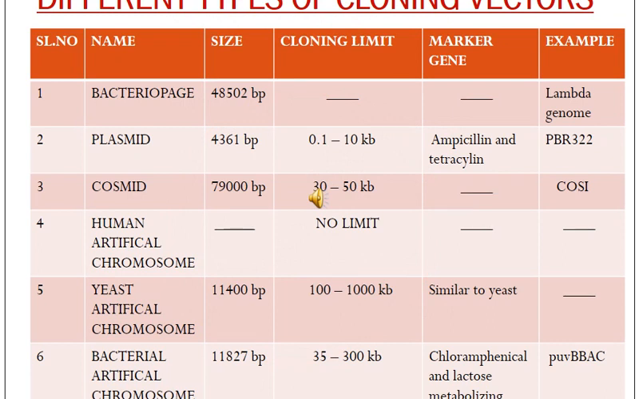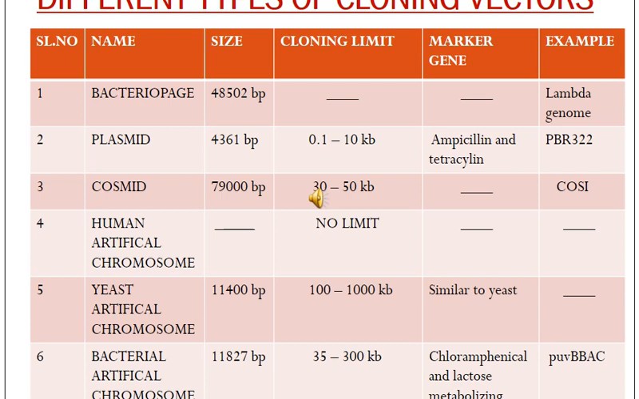Knowing what a cloning vector is and what it looks like, its diagram, its origin, amplification, everything, you have to know about its types. There are different types of cloning vector, generally six types. The first you can see from this table. This table shows everything like the name, the size, the cloning limit, the marker gene, and the example of the